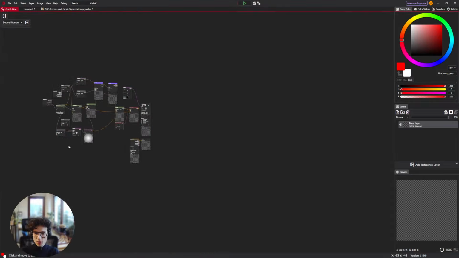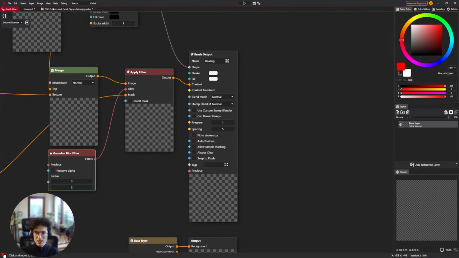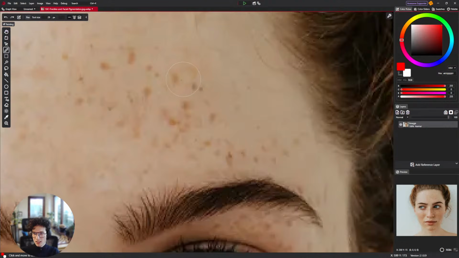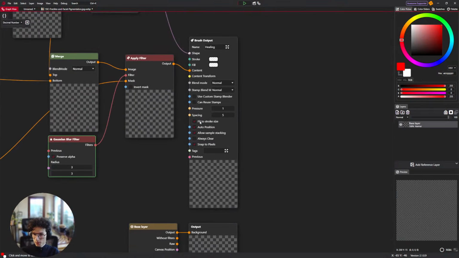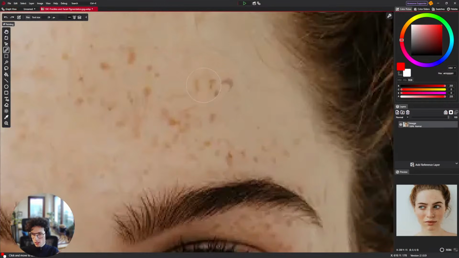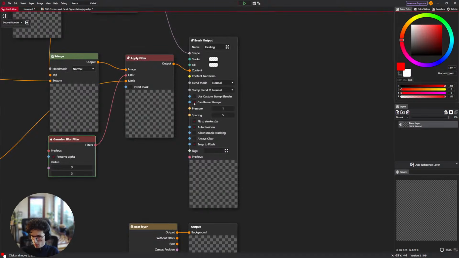But if you are sampling layers, like I do here, can reuse stamps will basically mean that whenever I click, the original sample, which you can see under my cursor, is basically always the same. That's why you can see this effect. But with allow sample stacking,